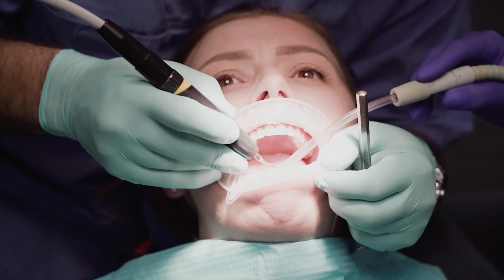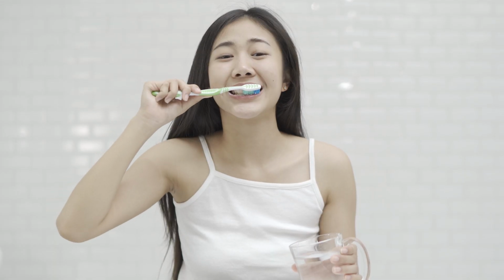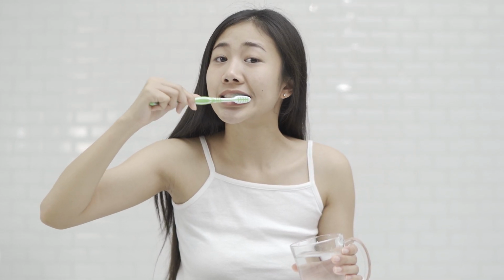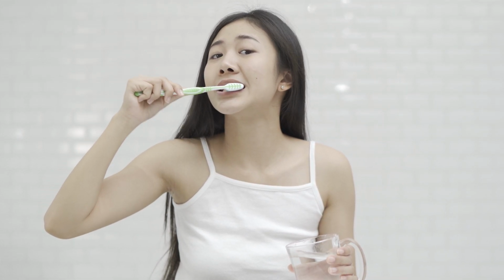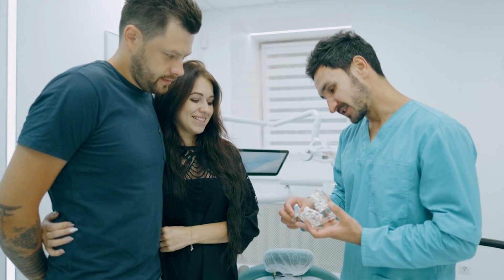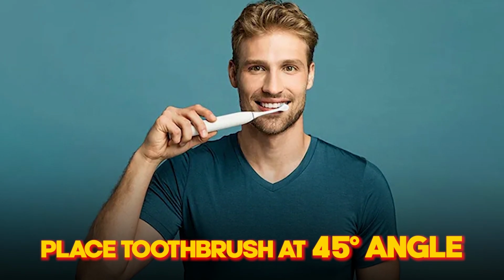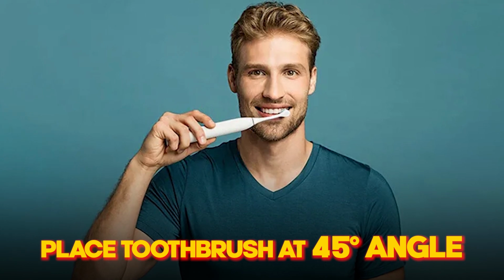But still, you've probably seen a lot of people with yellowish or damaged teeth. The truth is, having a great toothbrush is only part of keeping your teeth healthy. Knowing how to use it matters just as much. So, I'm going to give you a few helpful tips that I've researched to make sure you're getting the most out of your toothbrush. First of all, you'll have to place your toothbrush at a 45-degree angle along your gum